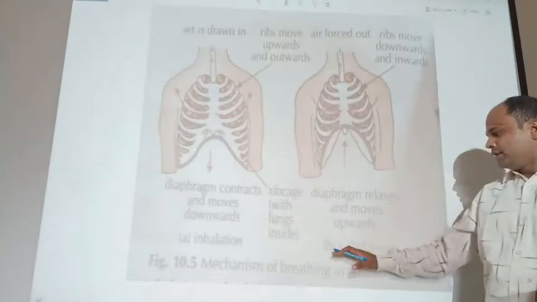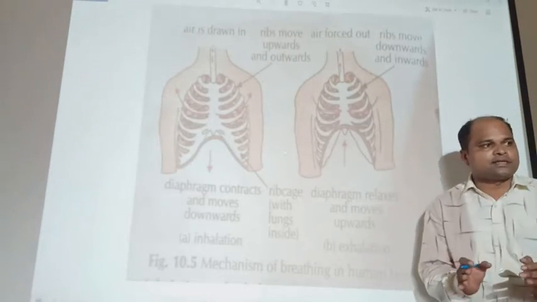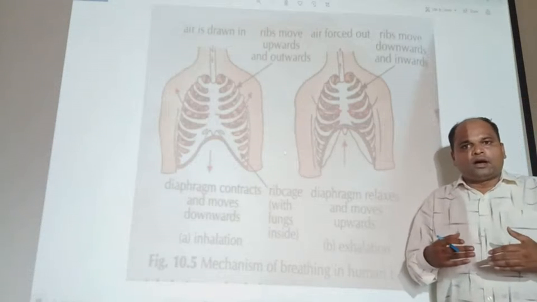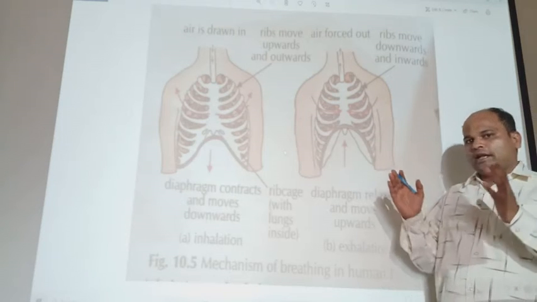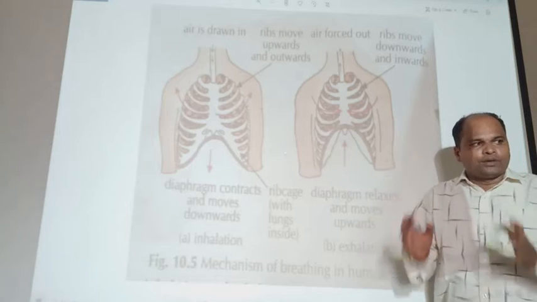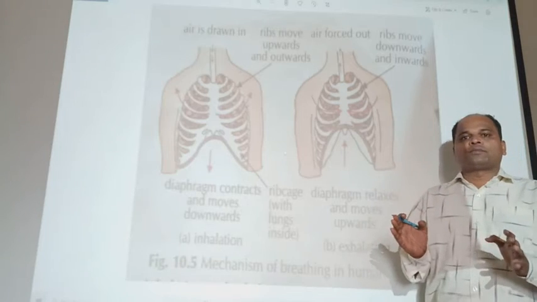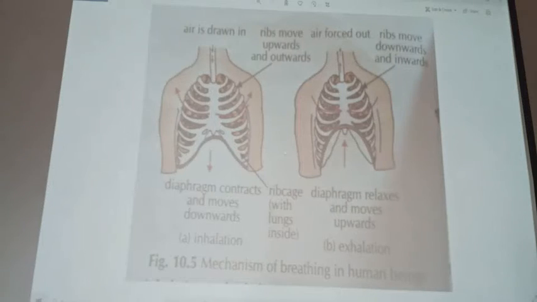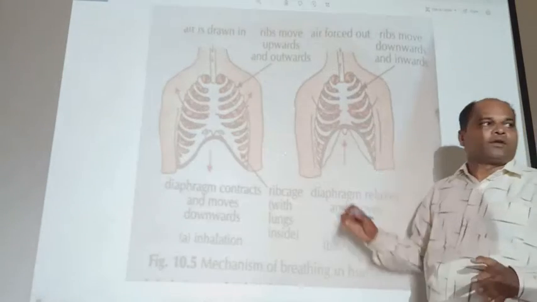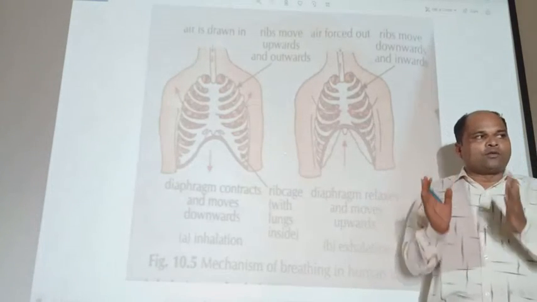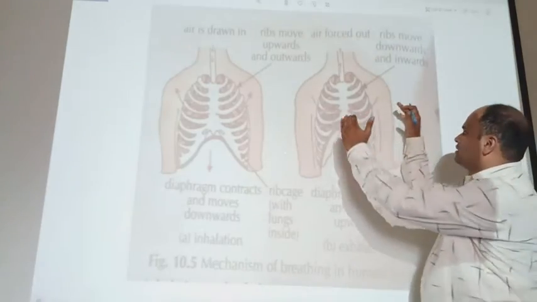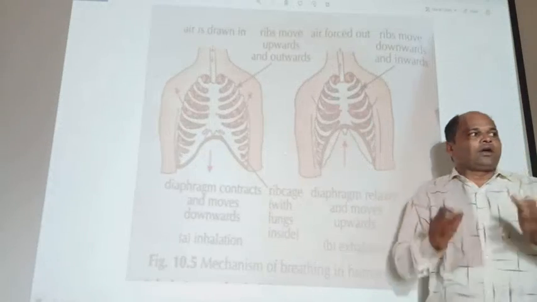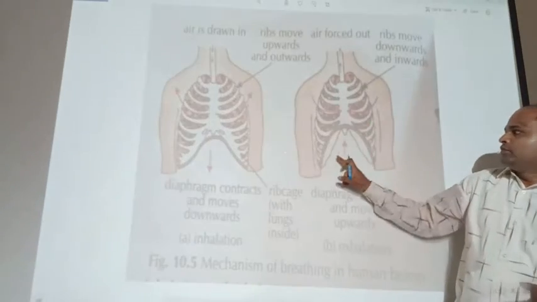And during exhalation, when we breathe out, the intercostal muscles relax. Two things happen at the same time. The ribs, this is the ribs, move downward and inward. And the diaphragm, this is the diaphragm,